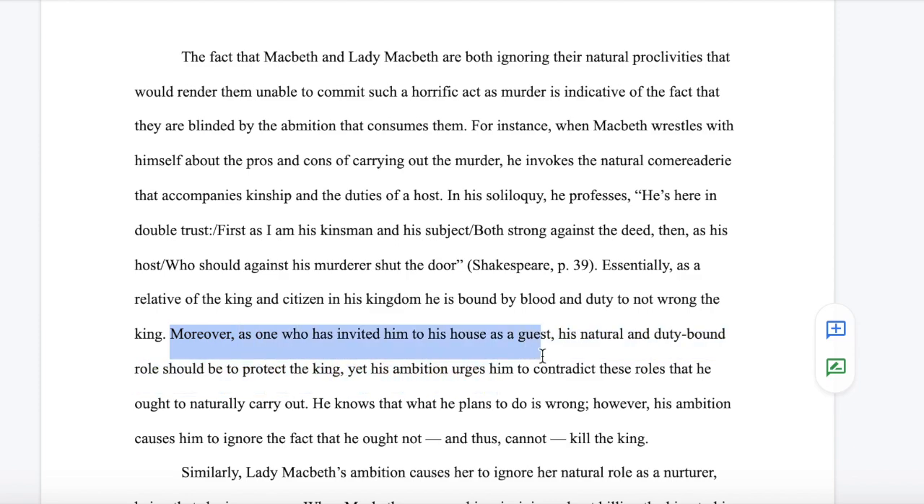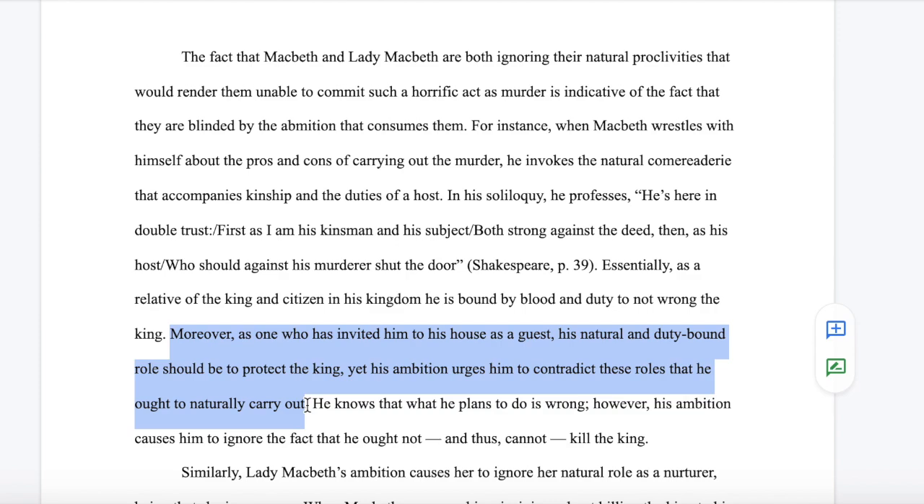Yes, his ambition is making him contradict those roles that he ought to naturally carry out. So he knows what he should do naturally as his host, which is to protect him and make sure no harm comes to him as a guest. But his ambition is sort of blinding him to the fact that he knows that that's the role that he should fill out, that that's a natural role that he has as his host, and his ambition is making him go against what he knows in his heart to be true,